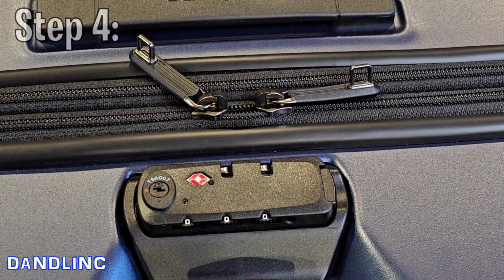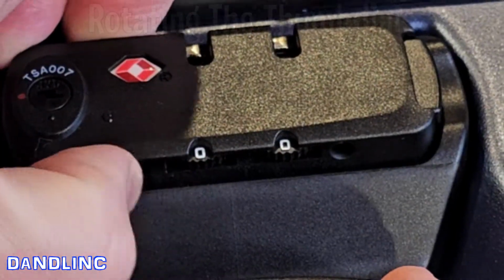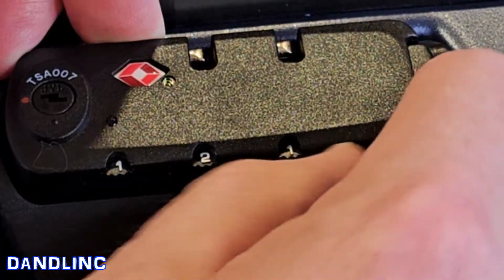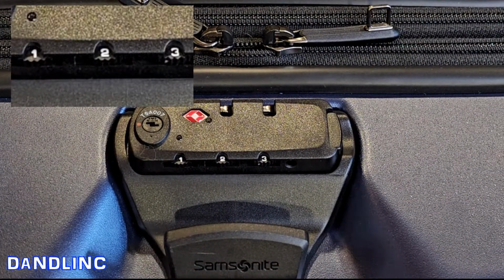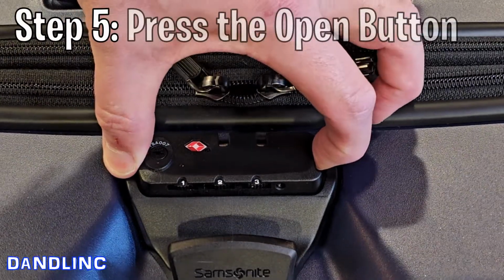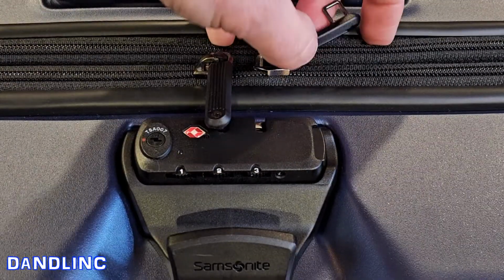And now you simply set the combination to what you want. So I'm going to set 1, 2, 3. Okay, we set 1, 2, 3. Now we're going to press the open button, and you heard another click, and now it's set to 1, 2, 3. To test it out, put the zippers back in there,